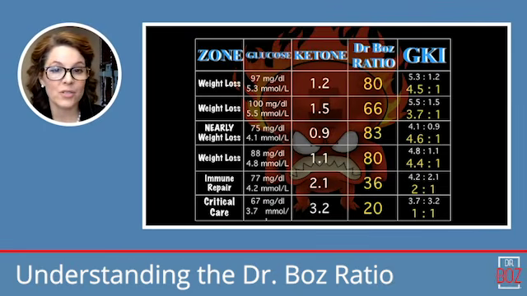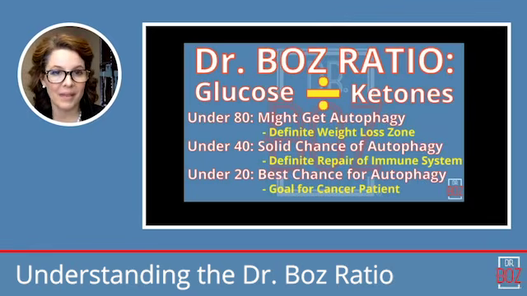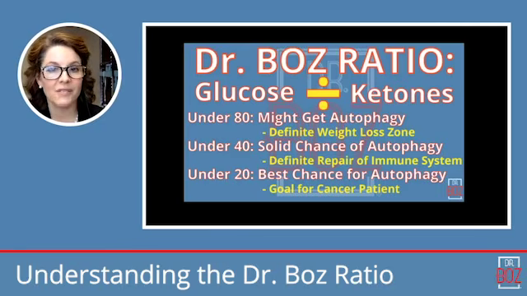Grandma Rose was trying to get her glucose ratio down to a 20, which is what the press pulse ratios were. So we were really pushing her metabolism, asking her to do a lot, and she was not in the mood. She was not interested in doing that much math. So I simply took the glucose ketone ratios and converted them into a much more simplified version, the Dr. Boz ratio, which is to take the glucose and divide by the ketones.